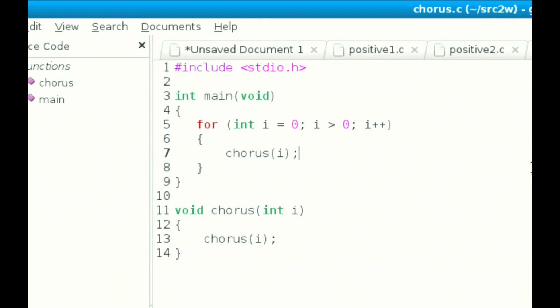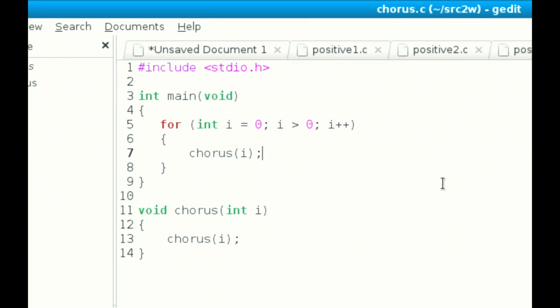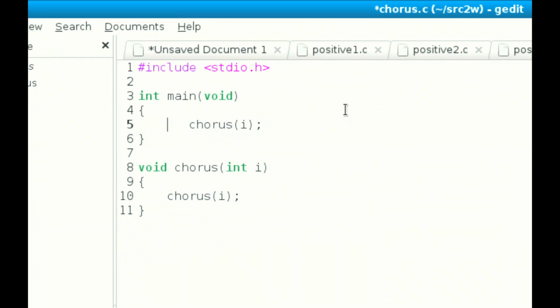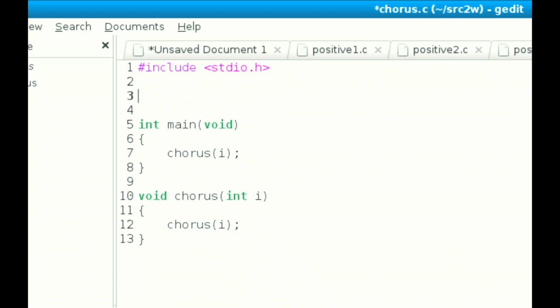Call itself. And actually, we don't need the loop. Let's even simplify this just so as not to lose sight of really the fundamental bug. Main calls chorus to sing some chorus. Then I did something stupid, and I had chorus call chorus because I assumed someone else was going to implement it, maybe. And now this isn't going to compile yet. I need the prototype, remember. So I need to have up here void chorus(int i);